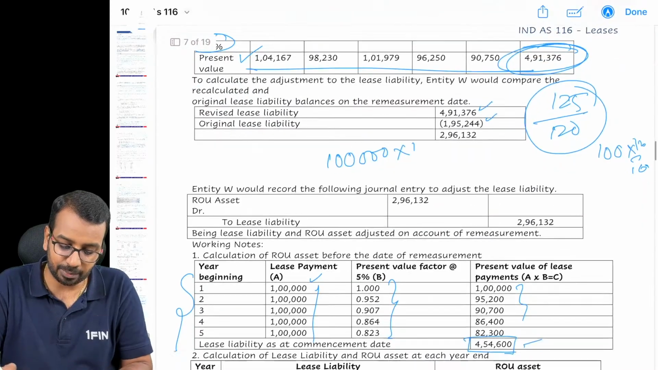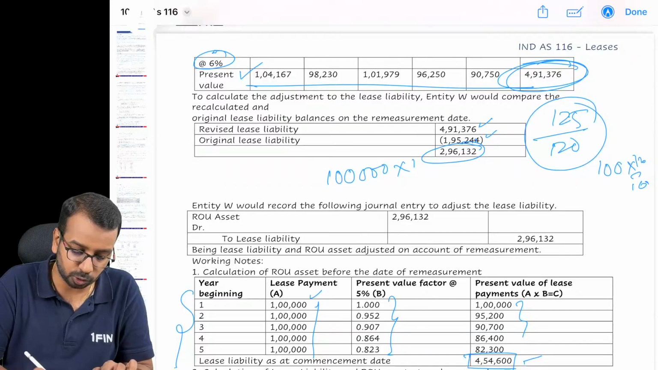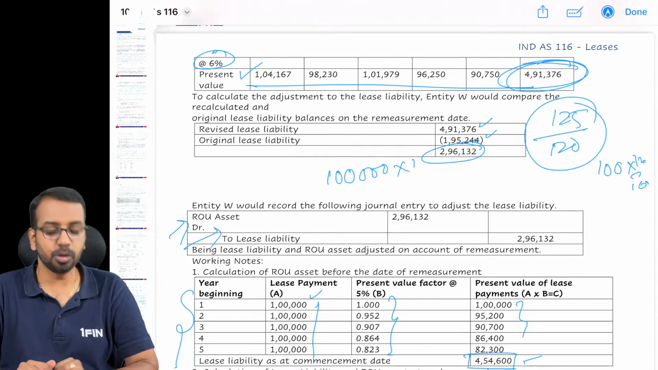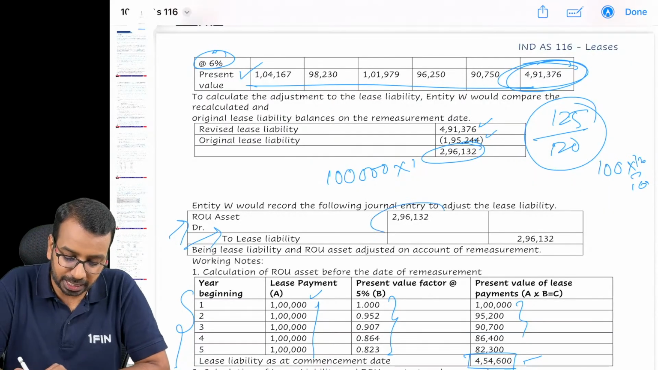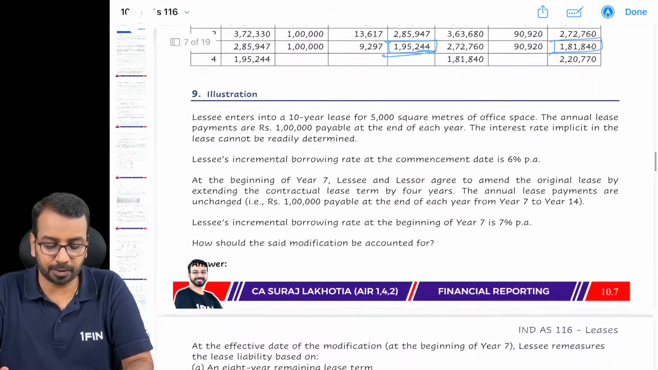What was the original lease liability? Original lease liability 194. How much is the difference? 296,132. Add it to right of use asset, credit it to lease liability. So right of use asset will increase by this amount and continue the depreciation. Okay. Then